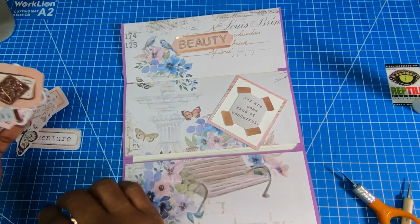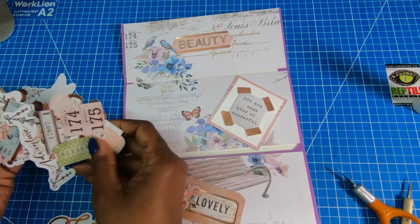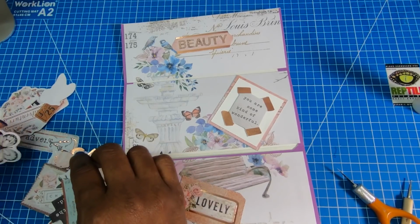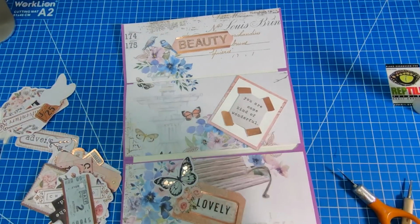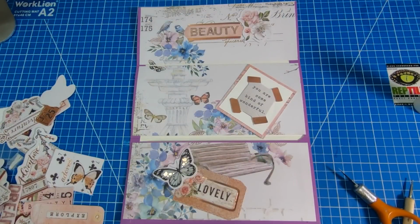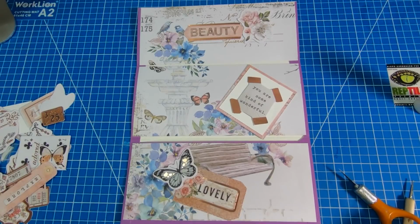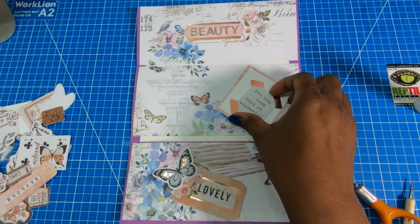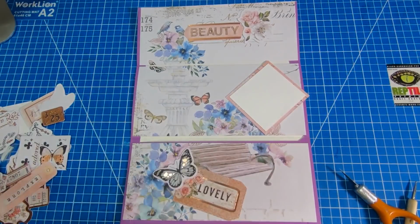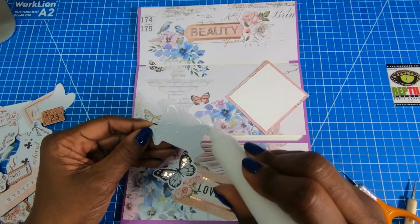And then I'll just go through and pick out some sweet little ephemera pieces. And I think if I put that little butterfly right there, we pop that up. I think that that looks pretty doggone good. I don't want to do too much, but I want to do enough so that it is kind of stinking cute. So I am going to take some of my glue, place some glue on the back of this piece,